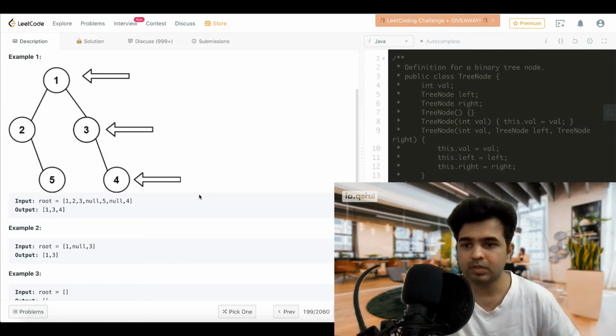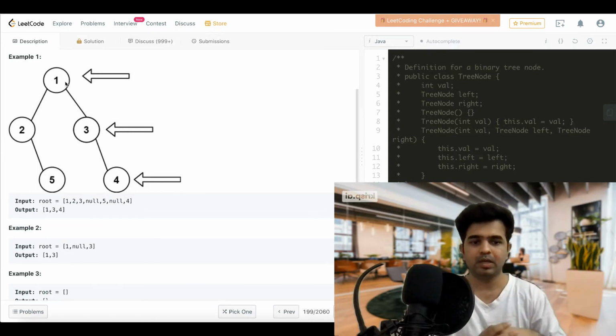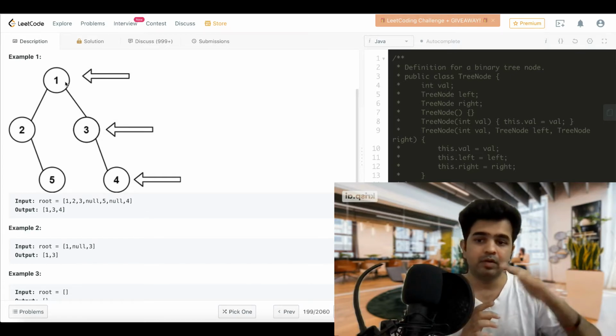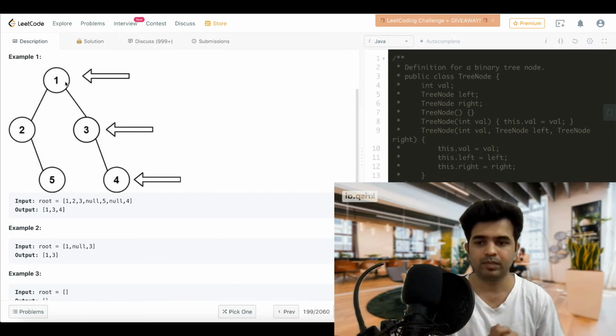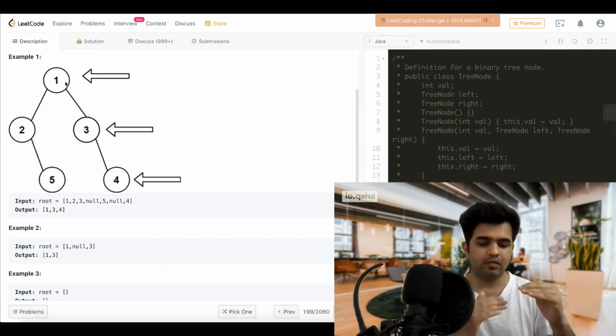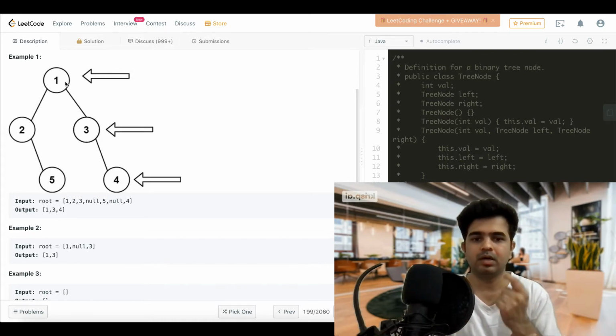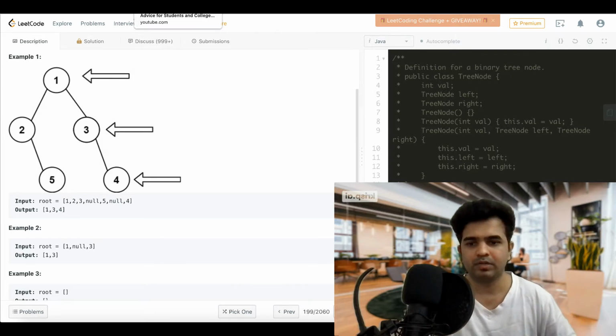of this tree. So in this example, in our DFS we'll first go to 1, so we'll put it in the list that we are returning for the right side view. We put 1, and then we go to the right and we see it's a new level, so we add 3 to the right side view, and then we go to 4 and we see it's a new level, so we add 4 to the right side view, and after that we can just keep on processing, but these are the only ones that will be returned because for each new level we just need to return the very first node in the recursion for that level. Because we are using recursion for DFS, that's the recursion.